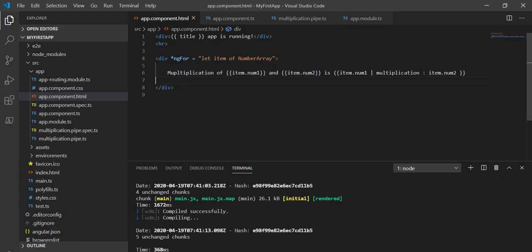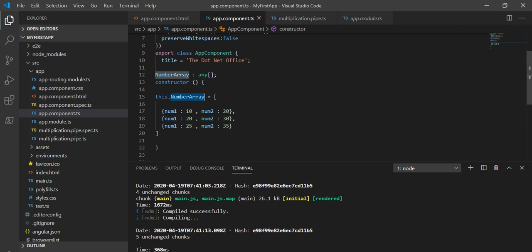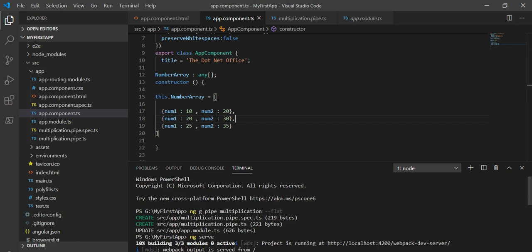So what we have done to create the custom pipe: first we added this number array, because we want to do multiplication of numbers, and later we created this custom pipe using the command ng g pipe multiplication flat. It created two files for us, the specification file and the ts file.